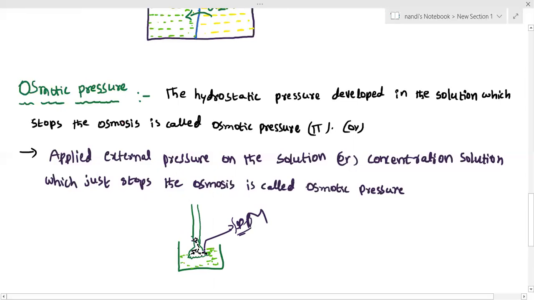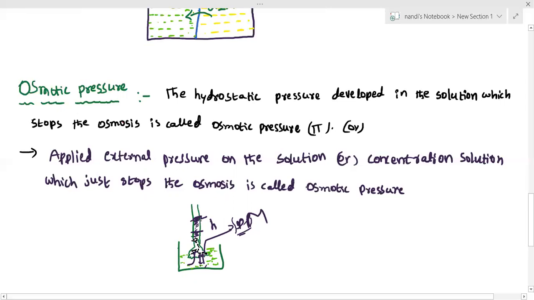So you can check it after some time. This water enters into the solution. The height of the solution is going to increase, and it rises up to a certain height. After that, it stops. Whatever height it increases, H, I am writing. And osmosis is going to stop. Wherever osmosis stops, they are existing in equilibrium. Solution solvent molecules and pure solvent molecules exist in equilibrium, but it will take place continuously. They are dynamic in nature.